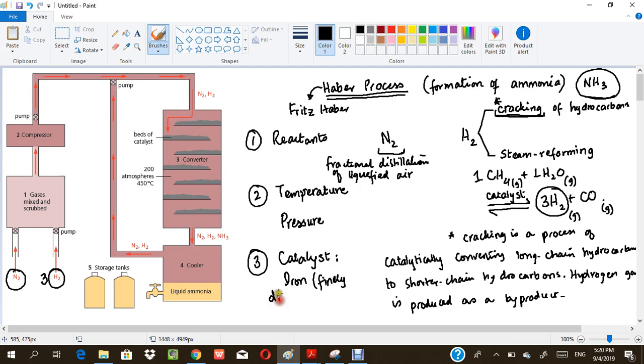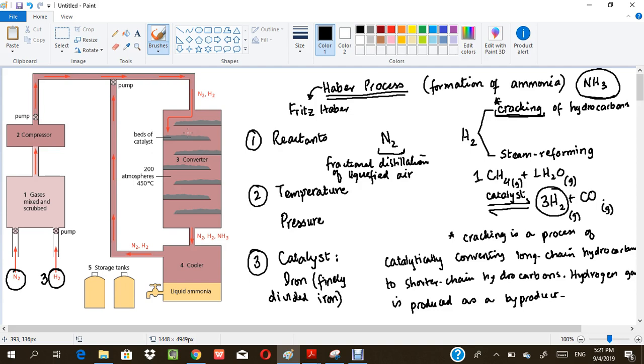What do we mean by finely divided iron? Finely divided refers to the fact that the iron used as a catalyst here is actually powdered iron, right? And the reason why we use powdered iron is so that we can have the maximum surface area for the reaction. Because we know from our discussion on rates of reaction that powdered substances have a much higher rate of